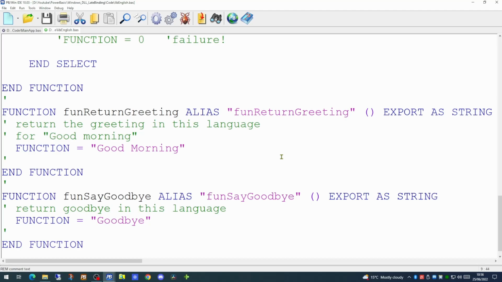And after that, we have added 2 functions within this DLL, one called return greeting and one called say goodbye. These are very simple functions set up simply to return a string of text, one to say good morning and one to say goodbye. In defining a function within a DLL, you need to say that you wish to export that function should you wish to actually call that function from outside the DLL. If you exclude the word export, then the function is considered private to the DLL and cannot be accessed from outside. We can simply compile this DLL by clicking on the compile button.